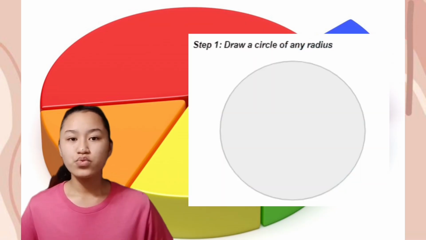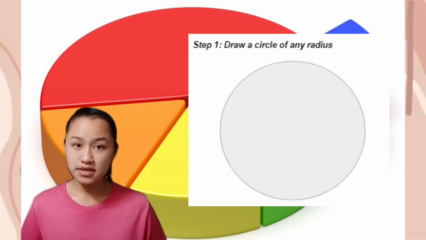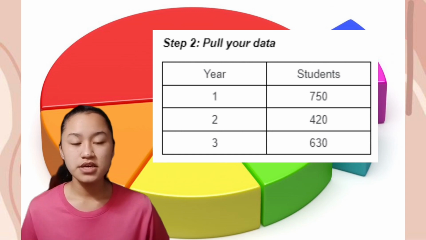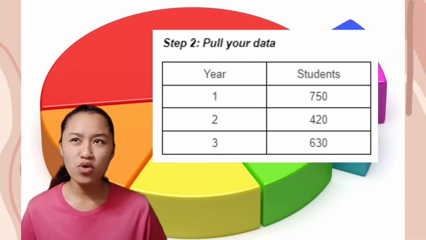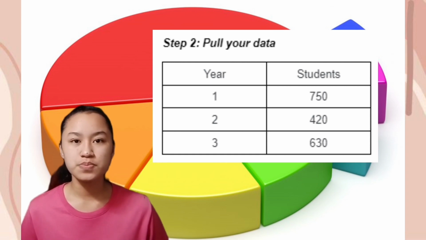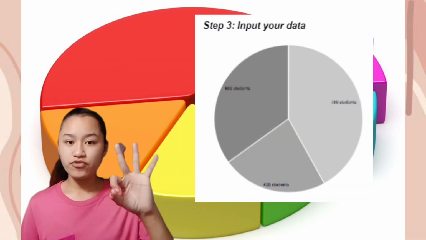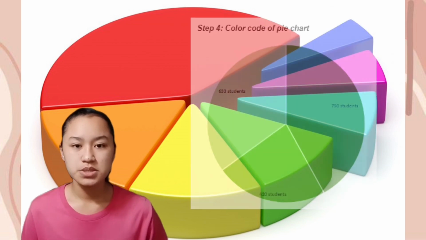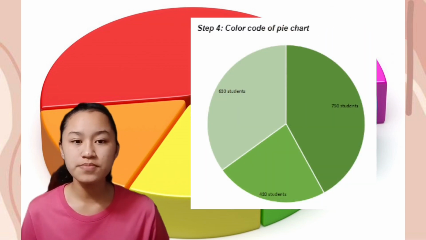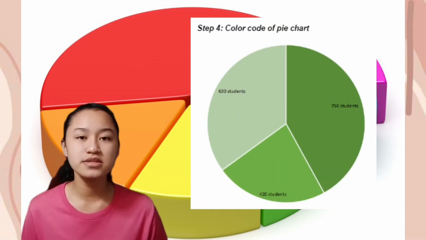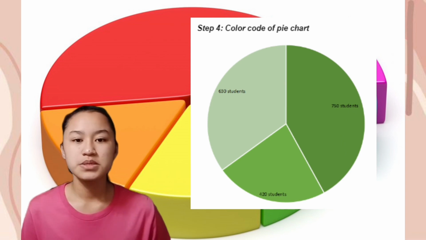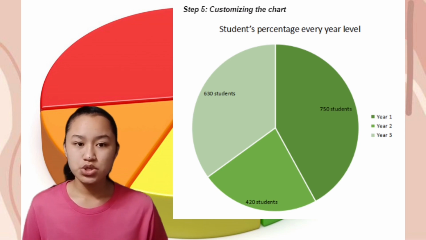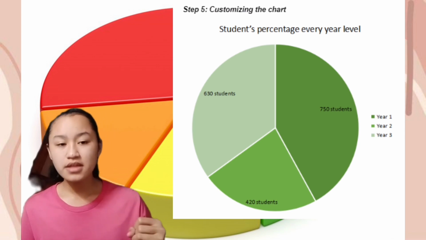Step 1, we need to draw a circle. It could be of any radius. Step 2, we need to pull or gather our data. Here, as you can see, we have year 1 to 3 and their respective students. Step 3, we will now input our data inside the circle, our pie chart. Step 4, color code our pie chart for easy understanding and distinguishing the data. Step 5, we will now customize the pie chart, such as adding the legend as well as its